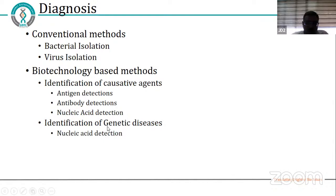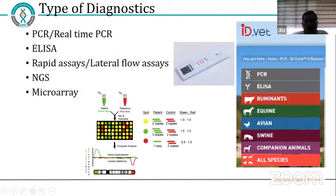Apart from pathogens, we can also use these biotechnology-based tools to identify genetic diseases in animals. So these are the different types of diagnostics available in the market based on PCR or real-time PCR. As most of you know now, real-time PCR, RT-PCR and PCR were used for the diagnosis of COVID. Similarly, such tests are also available for diagnosing animal diseases, manufactured by different companies like Thermo Fisher, UBio,